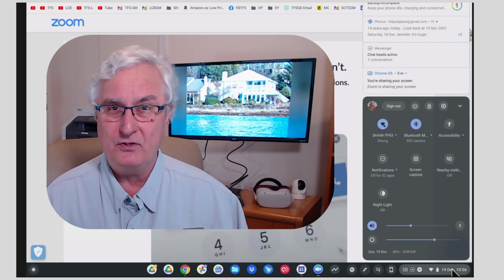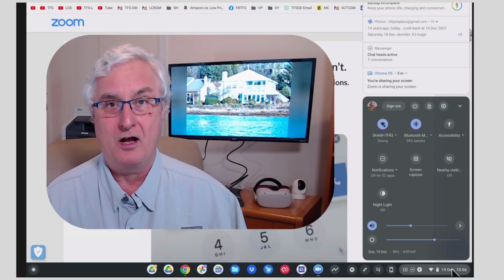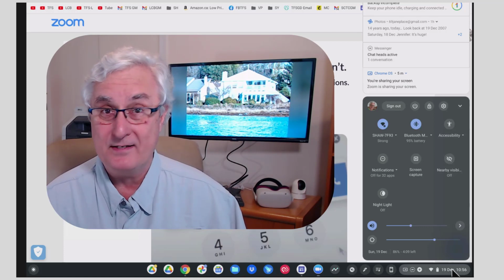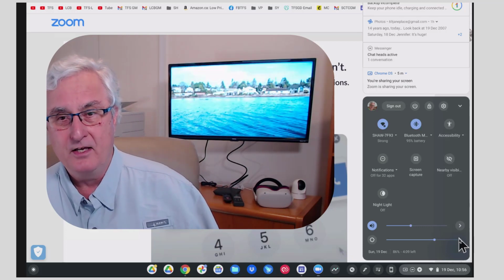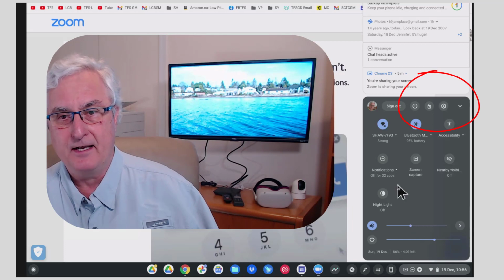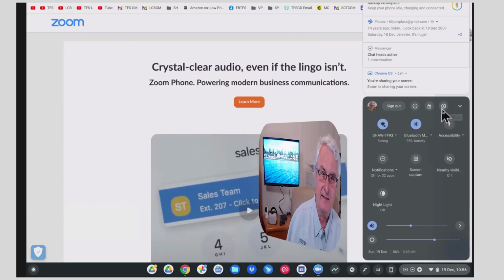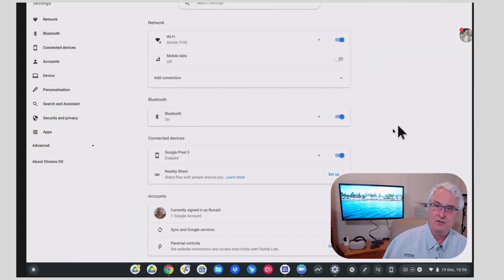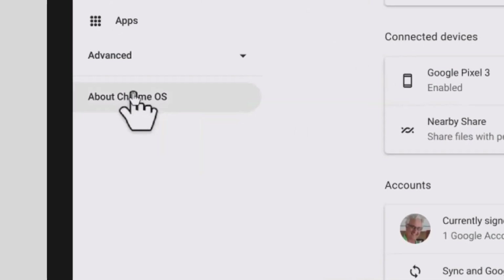And I've shown you this before, but I just wanted to review how to update the Chrome operating system manually. It's very simple. So let's come down onto my menu here. You'll see this is the menu down on the right side. We're going to come up here and we're going to click Settings. Now over on the Settings, I want you to come way over here on the left side, and I'd like you to come over to About Chrome OS. Click this,